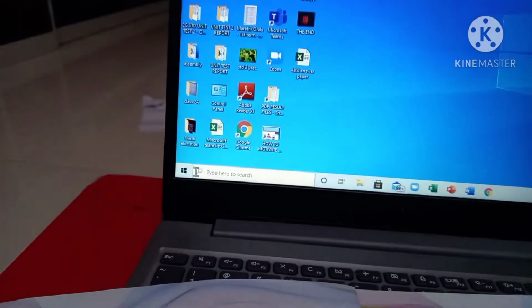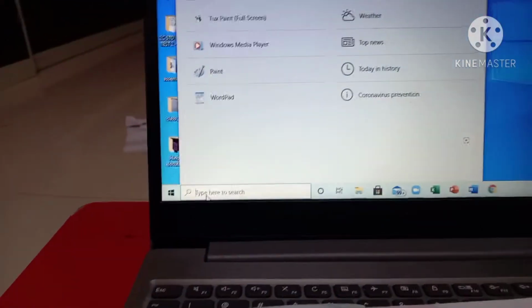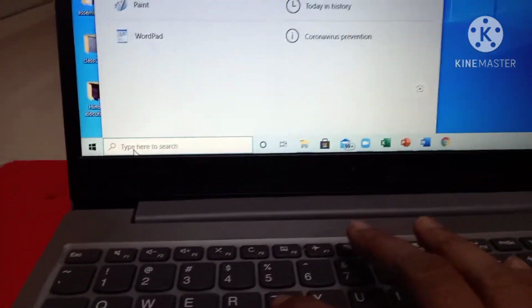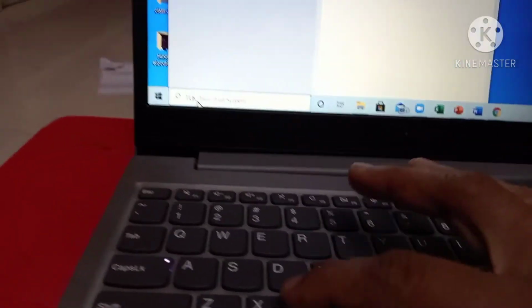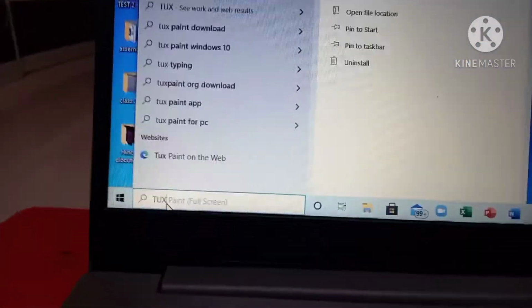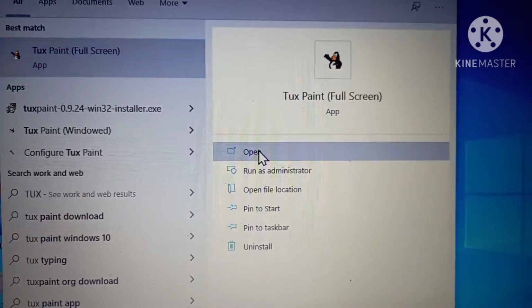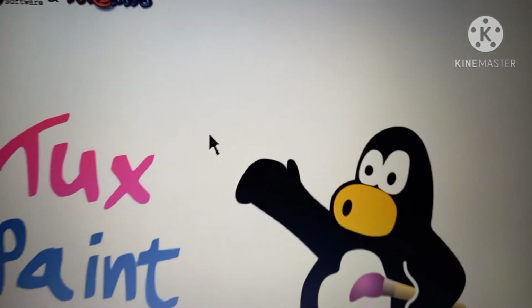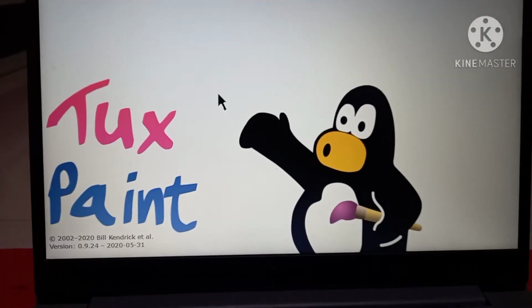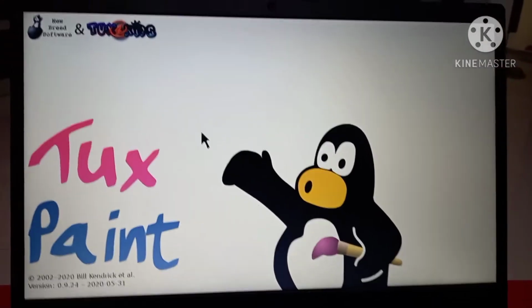Okay, I am done. The other way is to come here and type tux, and here on the screen it will appear. So I'll say open. The Tux Paint environment is open.